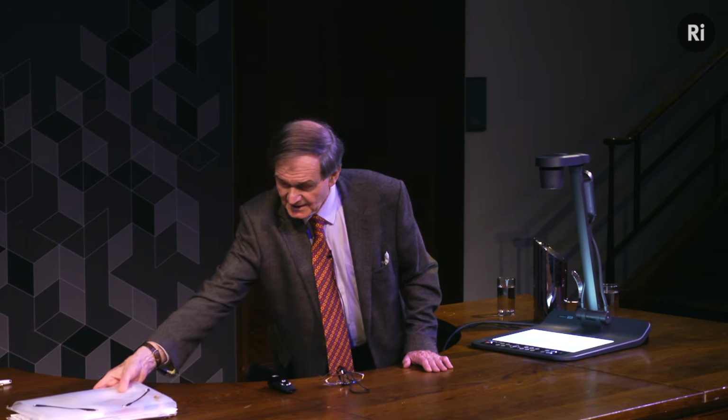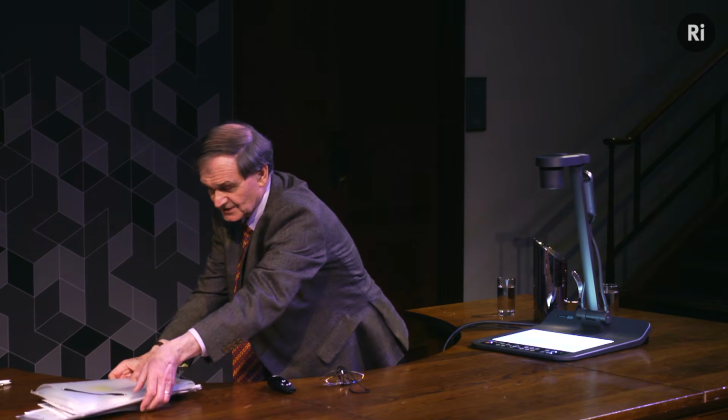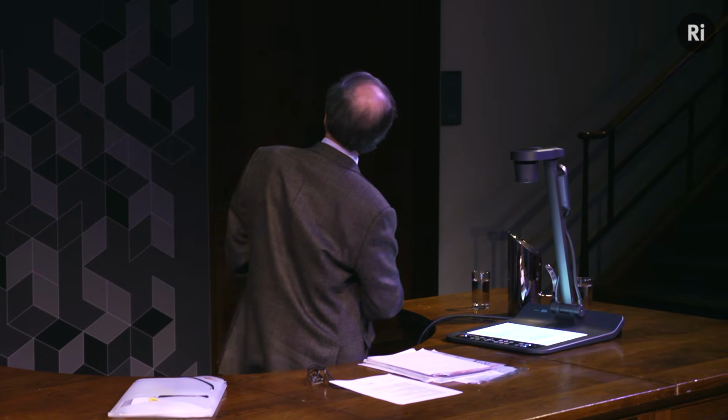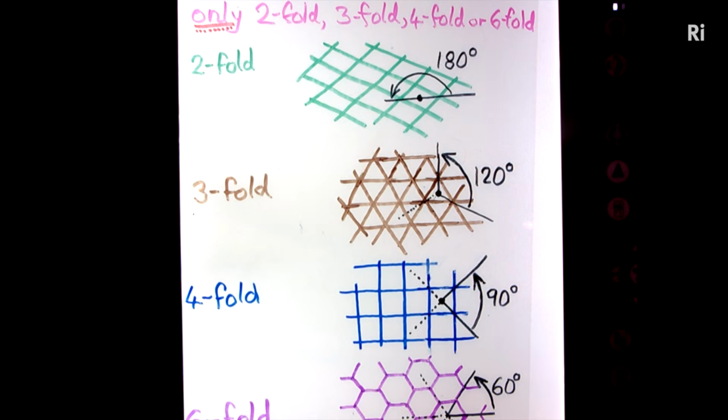But before doing that, let me explain the general idea of what crystal symmetries are allowed and what aren't. And so can I move to the visualizer, please? Thank you. I'm using this kind of old-fashioned technology because that's the only one I understand. These are the crystallographic symmetries. So we have, I can point this way, I suppose, or the other way. We have